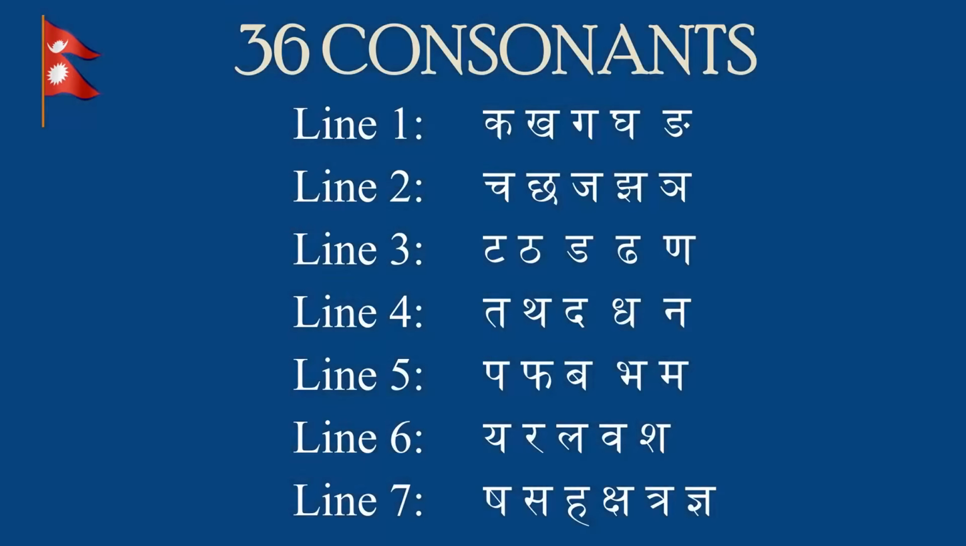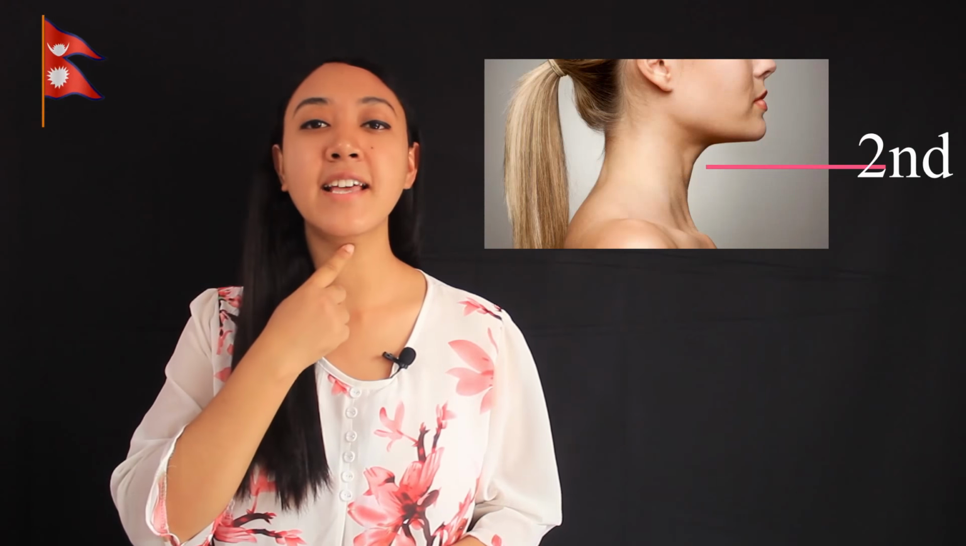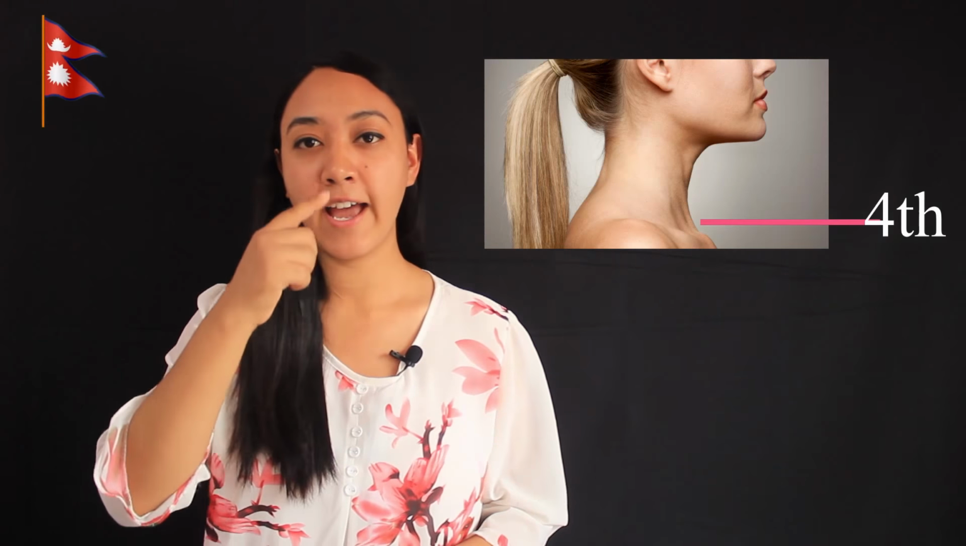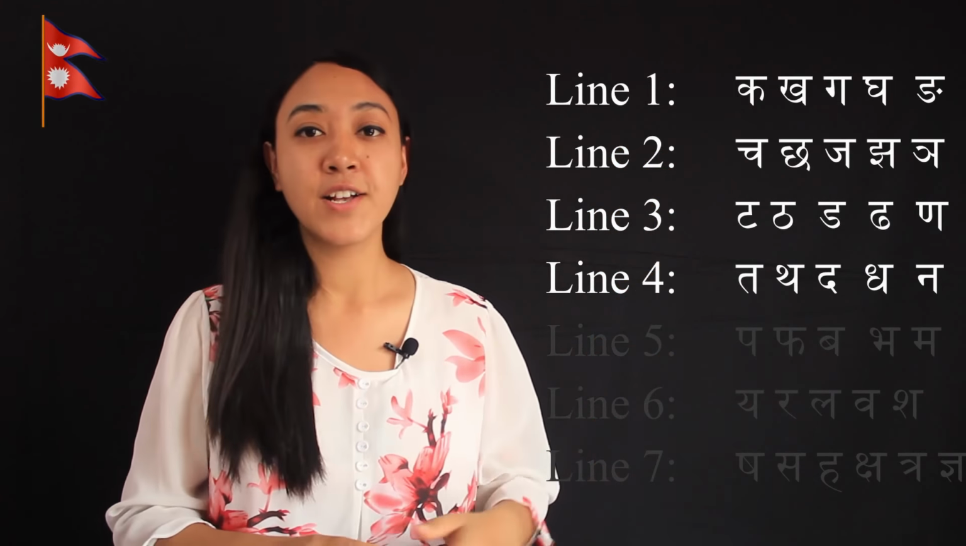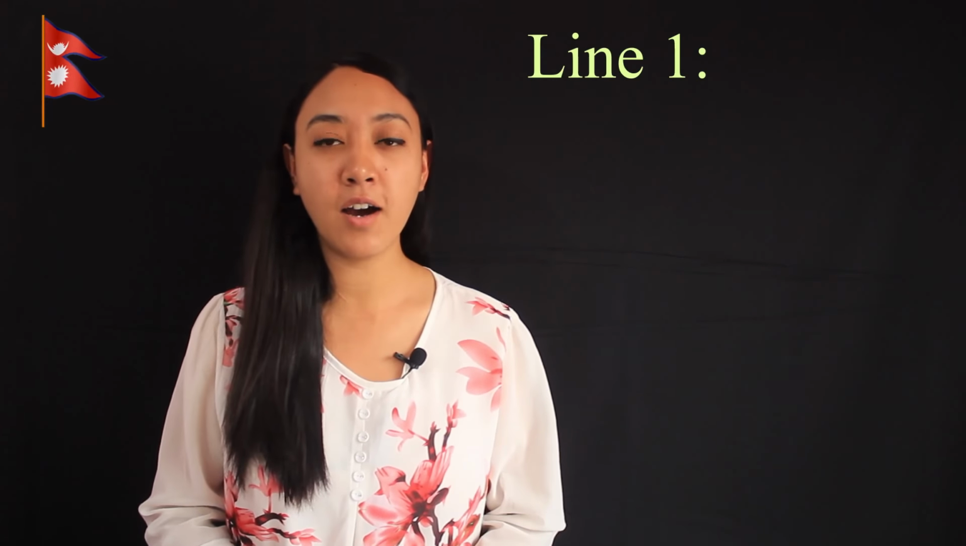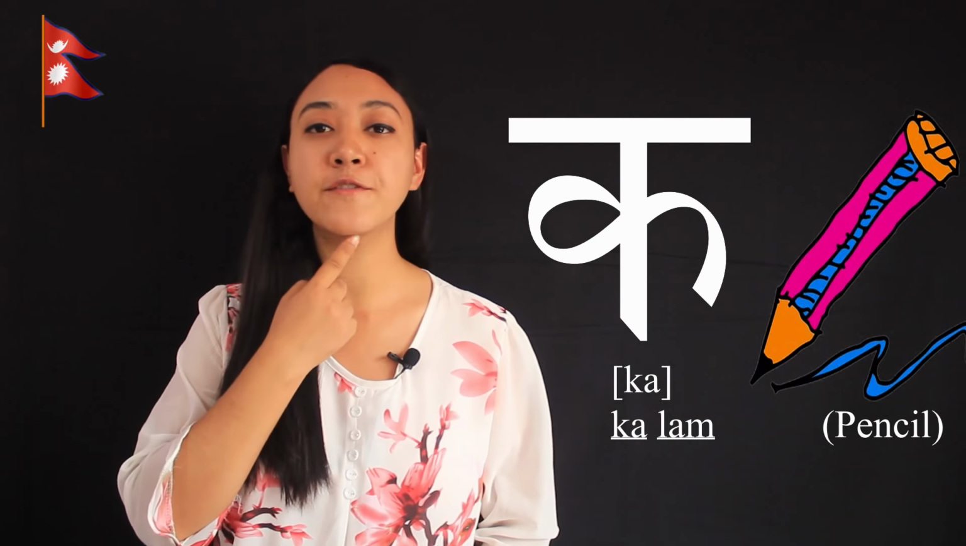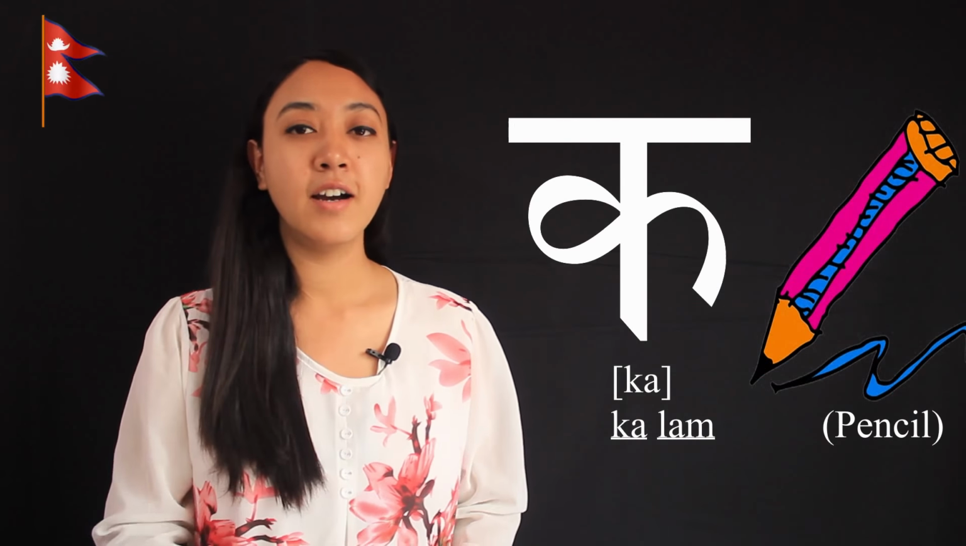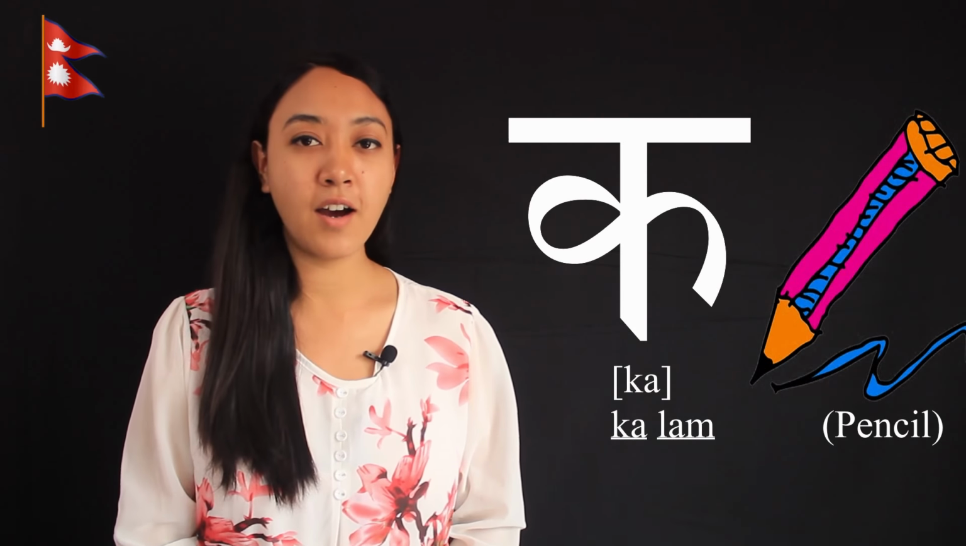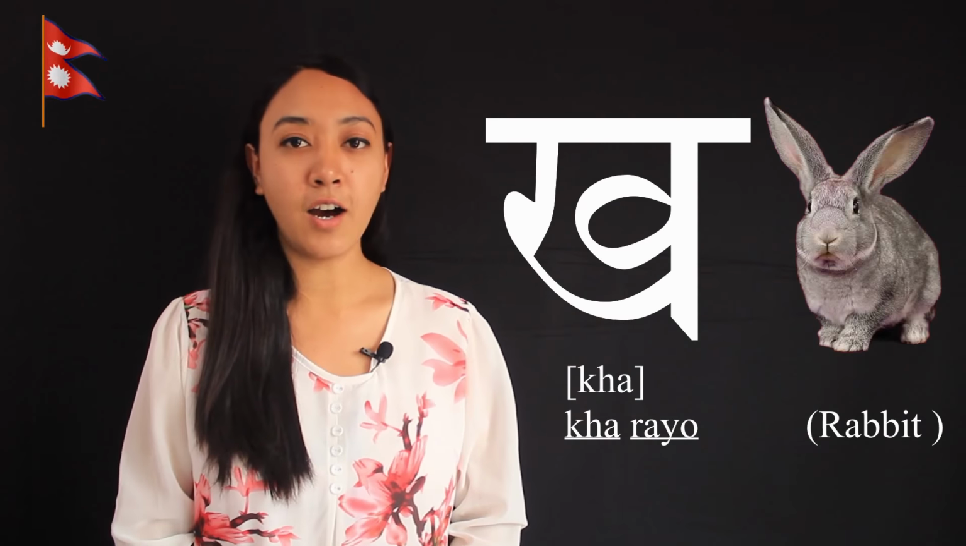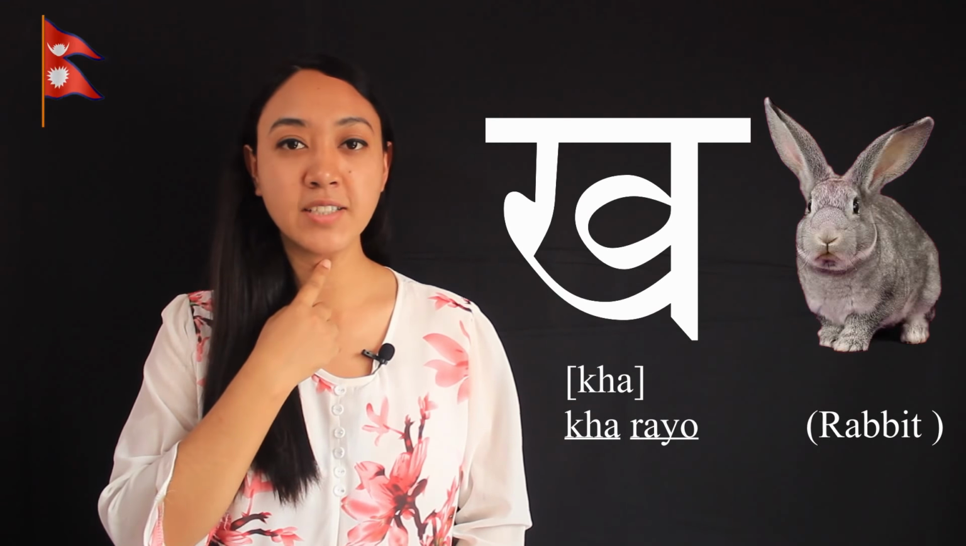Before starting to learn consonants, let's see. Here are 7 lines in the consonants. We will learn the 7 different lines of consonants and I will show you the different positions. We will follow the first, second, third, fourth and fifth positions to read the lines shown here. So let's start from ka, ka, ka from the first position, ka, column, ka from the second position,